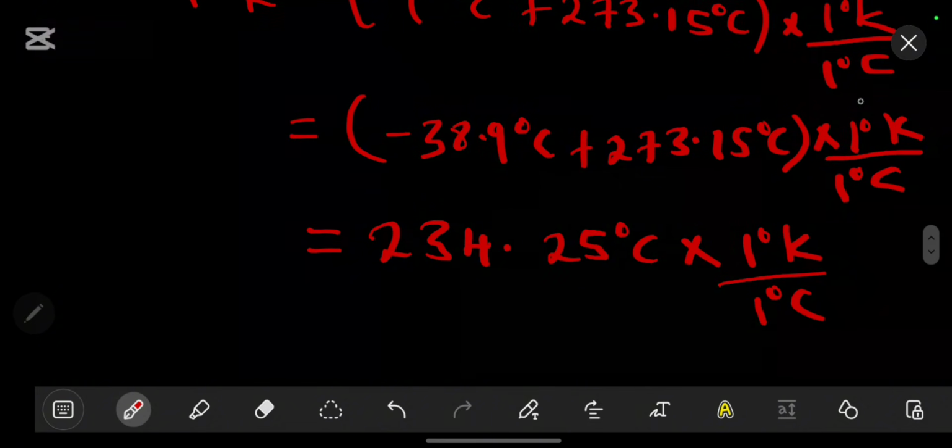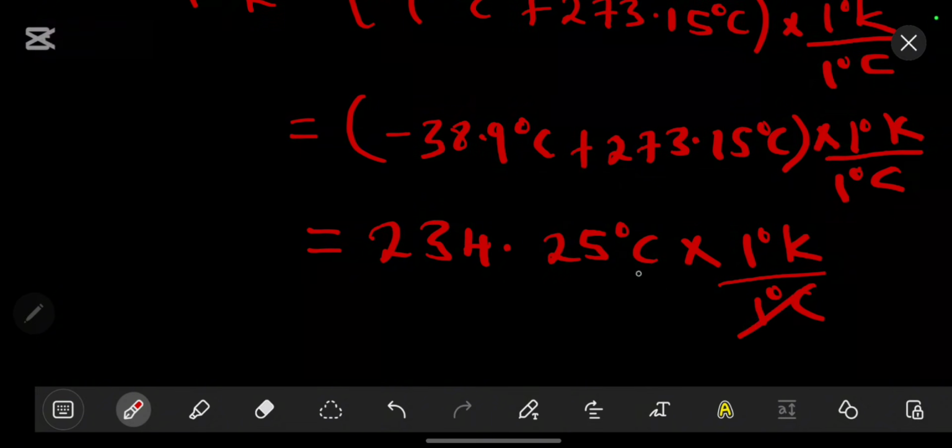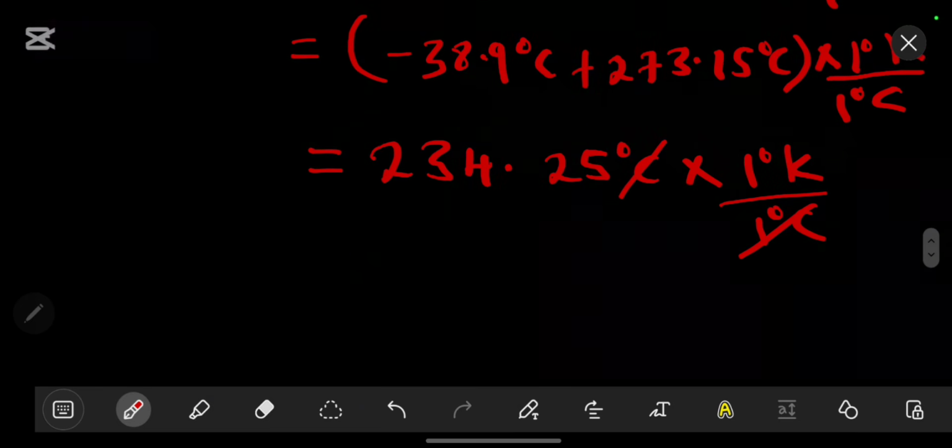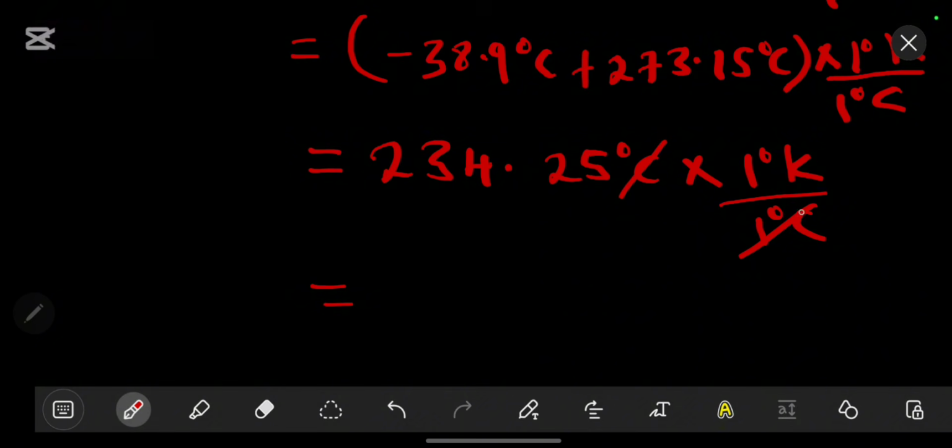So this is why including this is important, as it cancels like that. So for the sake of your lecturers, you show this so that they see how come they are canceling like that. So when you multiply, we are having 234.25